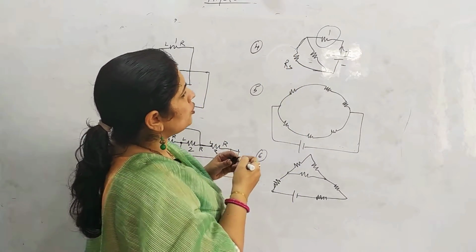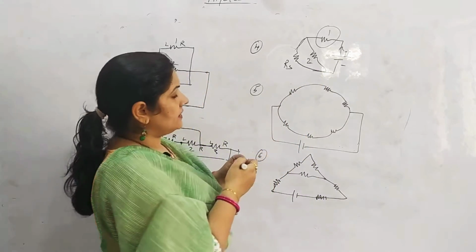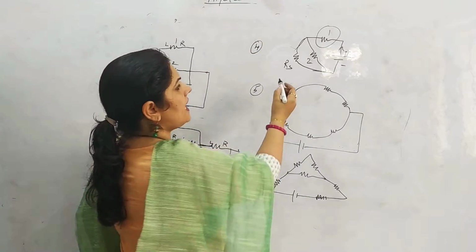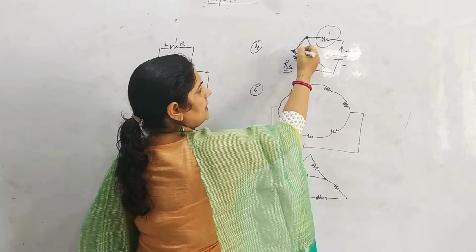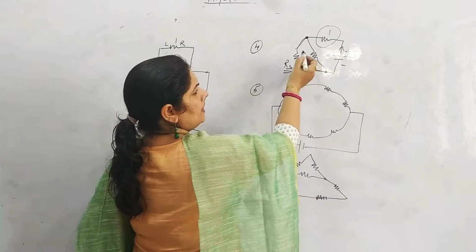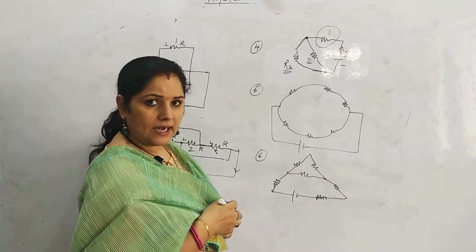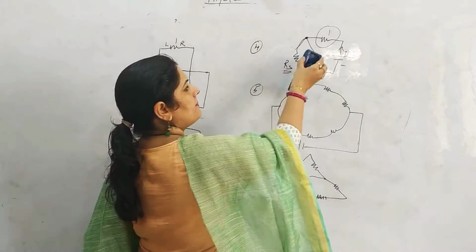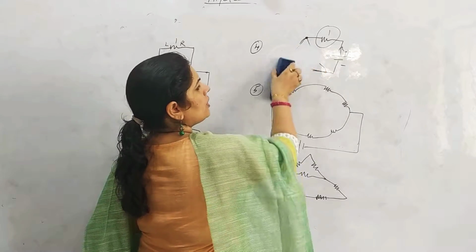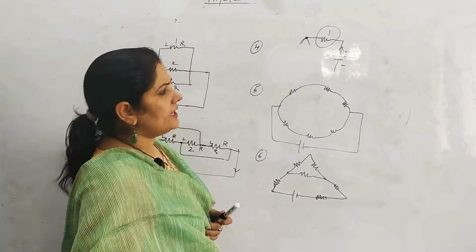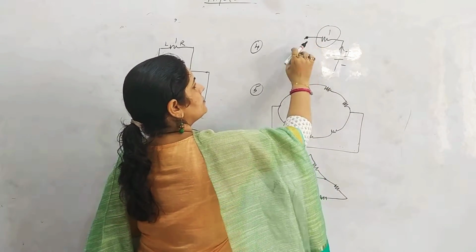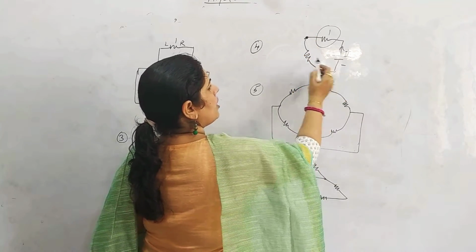Now if you look at this, this was 2. Now if you look at the circuit, the right end of RS and the left end and right end of 2 are meeting. So these two are connected in parallel. Yes, correct. These two are connected in parallel. We solved these two, and now what does our circuit look like? Now our circuit is looking like this. After solving, now this is RP.